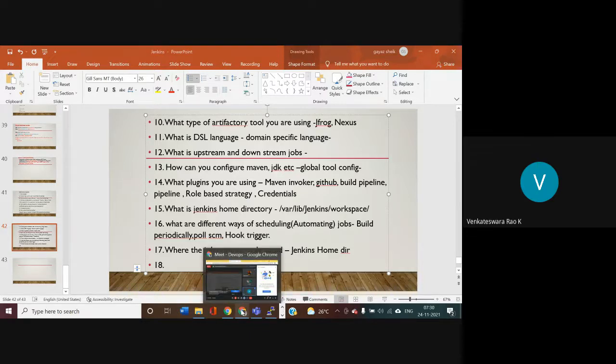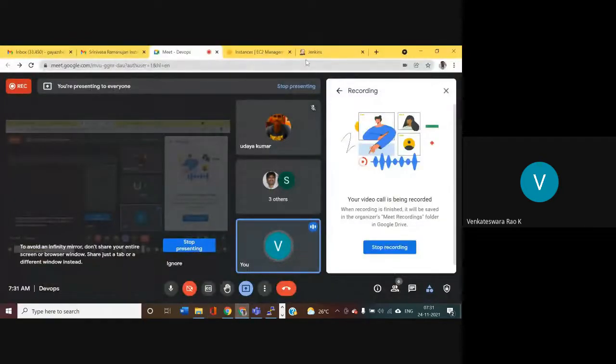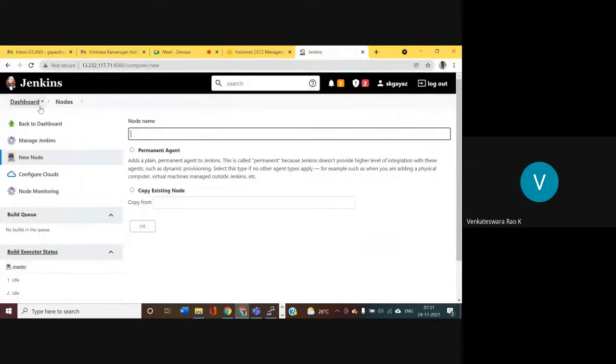Okay, next we will start the next topic in our DevOps course. That is, we will start Docker. If there are no questions from you, we will start Docker now. Okay, let's see whether we have any other questions from the UI.